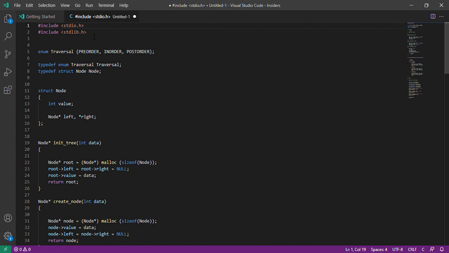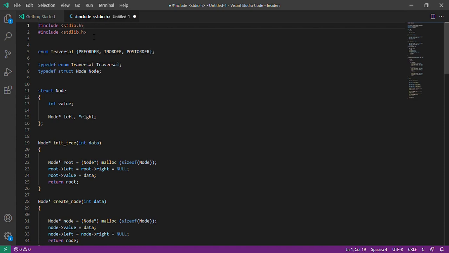After visiting the left subtree, it will then move to its right subtree and continue the same process. Since the sequence is node, left, right, it is referred to as pre-order traversal, since the node is visited before the left subtree.